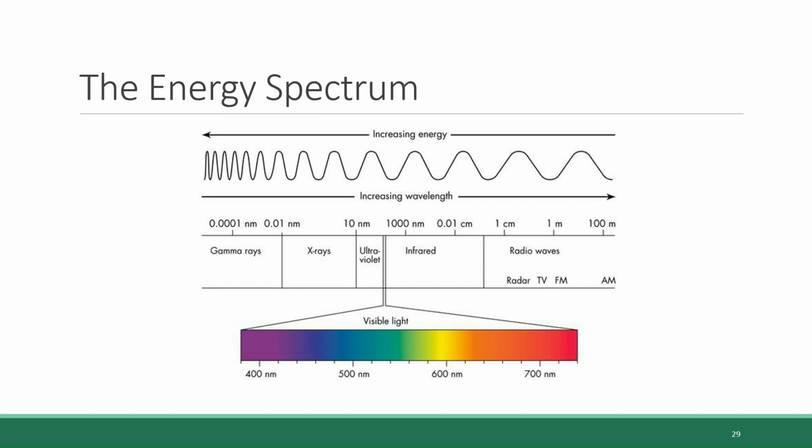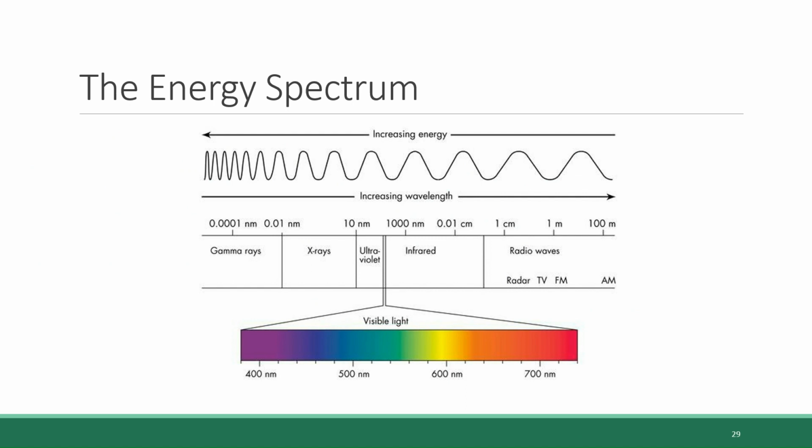To answer this question, we need to briefly learn something about the energy spectrum. All light and energy travels in the form of waves. You can see a wave illustrated at the top of this figure. The wavelength of the energy, meaning how frequently the wave goes up and down, determines how much energy is contained